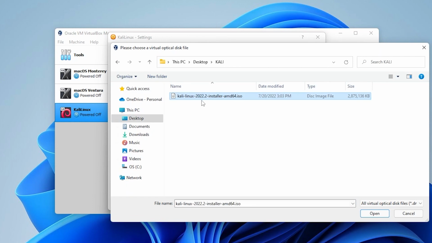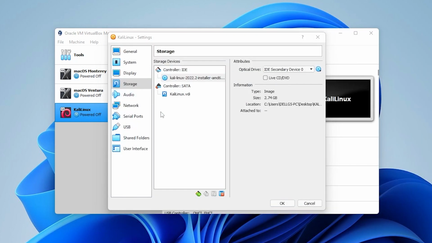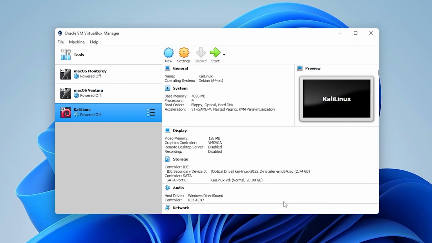And I have my Kali Linux ISO image file selected here on my desktop, so that's good. You can go ahead and click on Open. So that takes care of my modification steps. If there's anything else that you'd like to customize or change, you can do it within here. Other than that, you can click on OK, and we're done with that, and we're ready to start up our virtual machine. So you want to make sure that you have Kali Linux selected over here on the left, and then you can go ahead and click on the green Start button up here, and it's going to start to